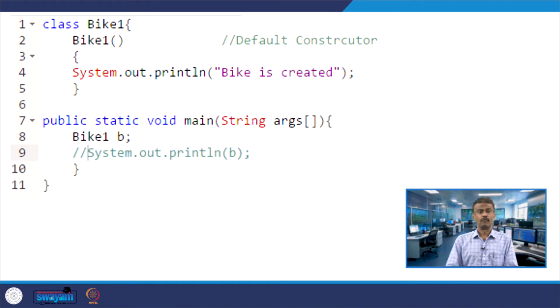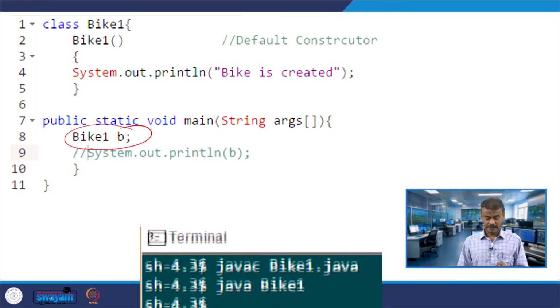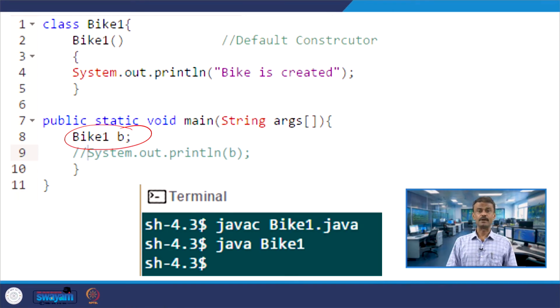Now what will happen if I create an object exactly like in C++, bike b, and I have not put any print statement. When you are creating an object, what is happening? We will see. I try to compile and run the code. You can see that, unlike in C++, first of all it is not calling the default constructor.